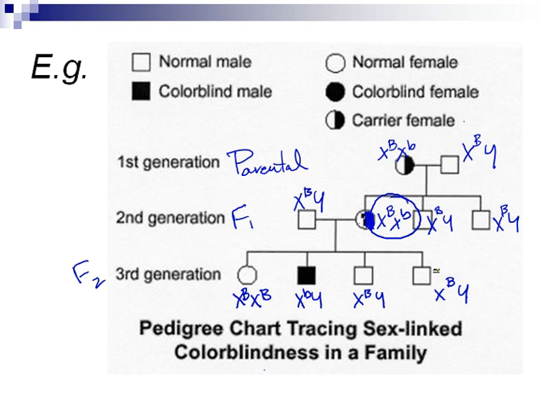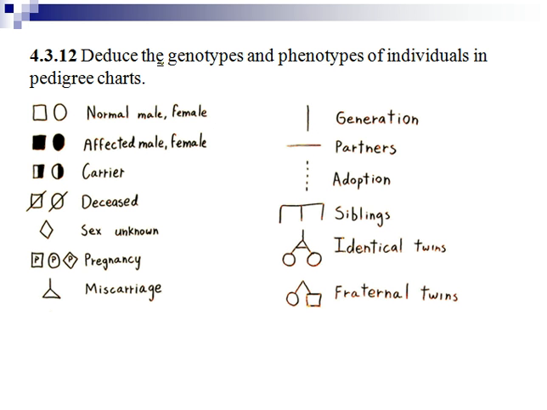So there are some practice problems with these as well with your substitute, and you can practice those, because remember that you need to be able to deduce those genotypes and phenotypes. Freshen up on what the word deduce means, and what IB expects you to be able to do with that word, okay? And that wraps up